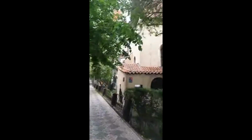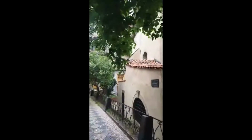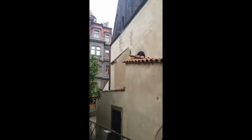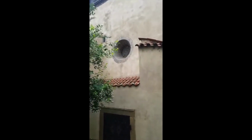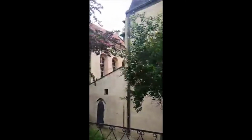and it was not the first documented synagogue built in the Jewish quarter. The first one was called Old Shul, a 10th century synagogue, which is no longer in existence, so I cannot show you, unfortunately, but I will show you the next best thing. You see here the back of it,